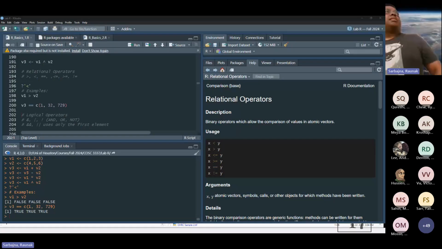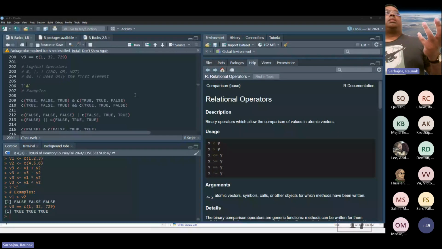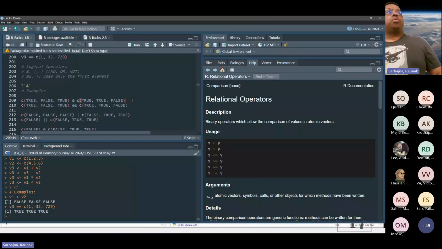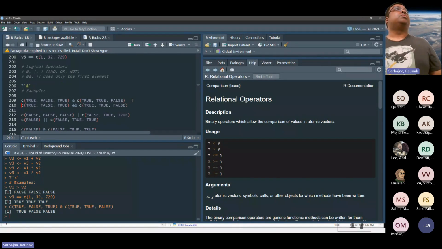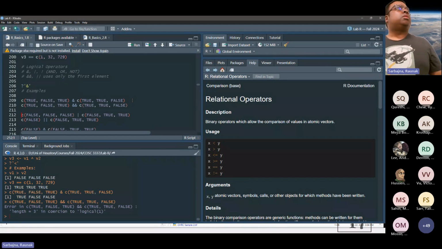Okay, logical operators work as you would think logically, right? They perform element-wise operations. So they work exactly as you would think they do. So AND operations, the double line doesn't work because